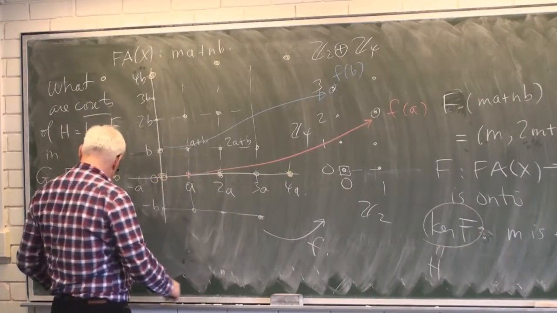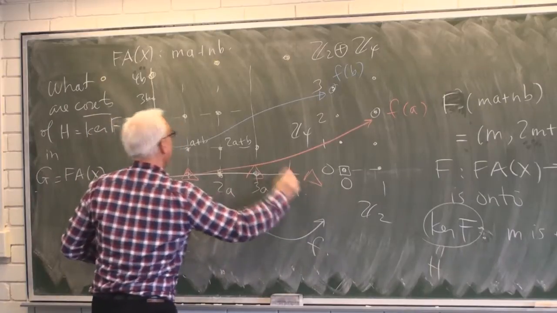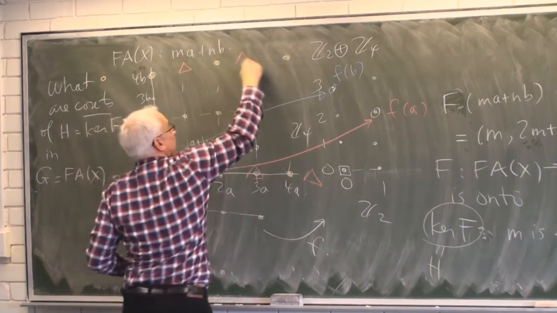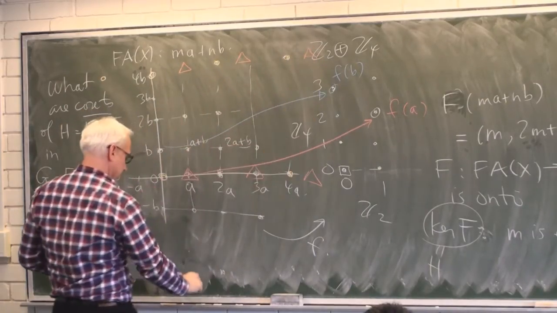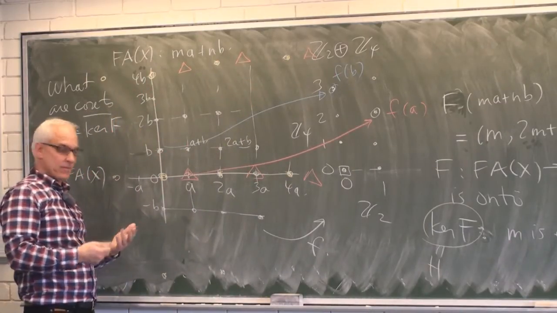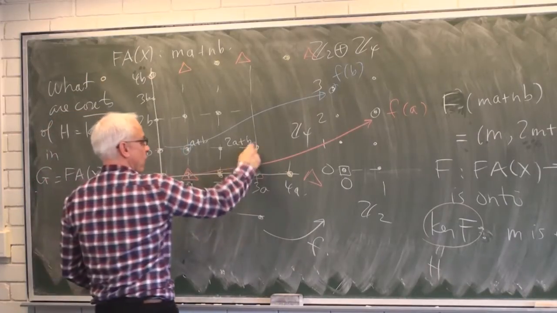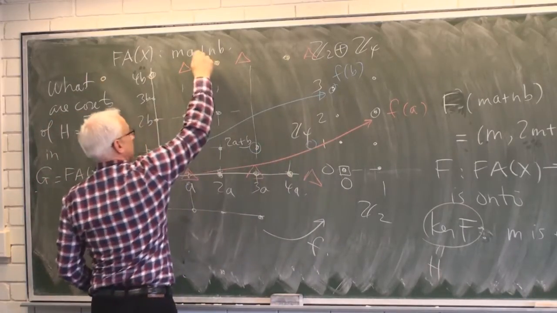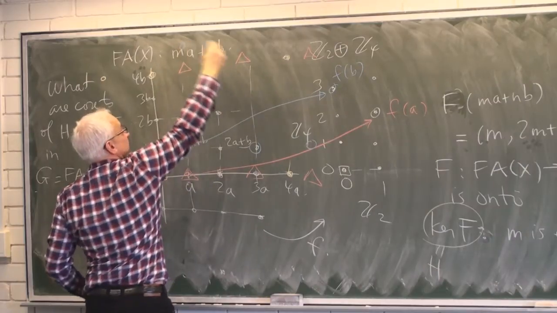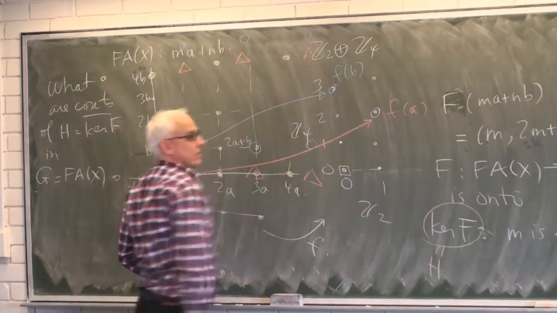Well, I'll mark a coset. So here's a coset. That one, that one, that one, together with that one, that one, that one, and then similarly, spaced out. That would be one coset. Another coset would be, say, this one here. Over 2, over 2, up 1, up 1, up 1. It's another coset.